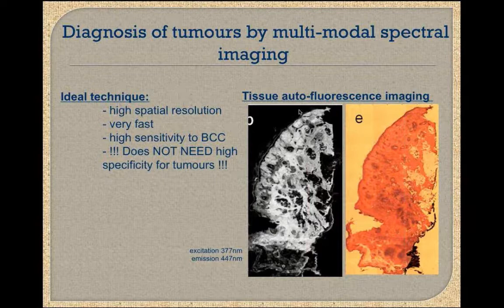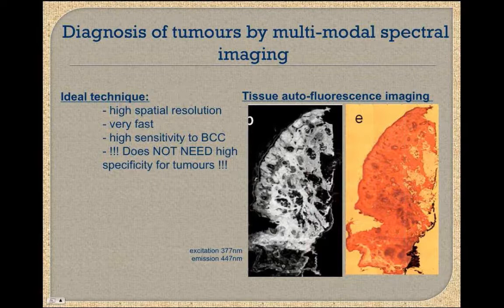What I'm going to talk about today is only the multimodal approach, where we use tissue autofluorescence imaging to provide a sort of stratified sampling level for the Raman spectroscopy. A technique for this purpose has to have a very high spatial resolution to obtain high resolution images, to be very fast, on the order of below a minute, and have very high sensitivity for BCC. In other words, to be able to identify the regions where one has BCC, but it does not need